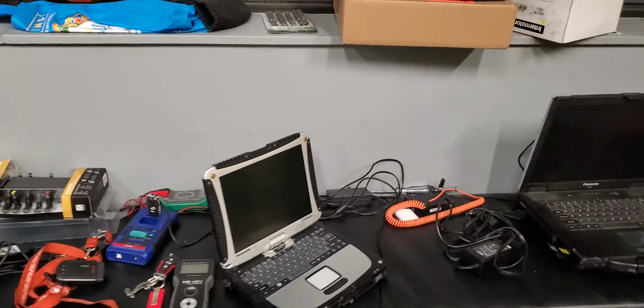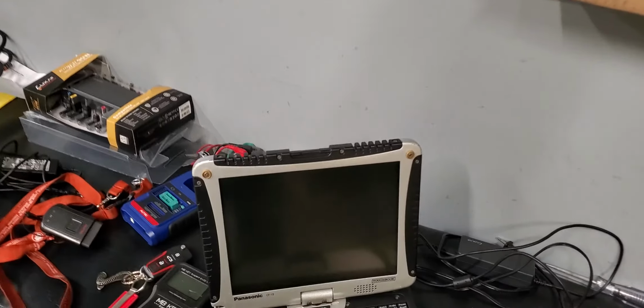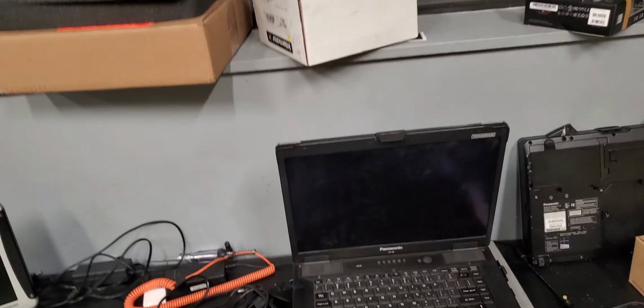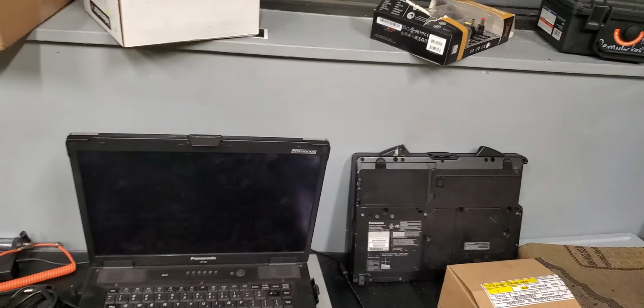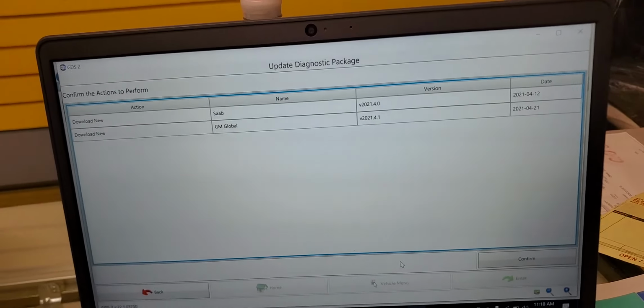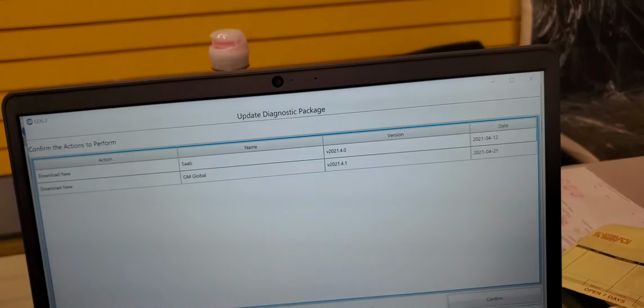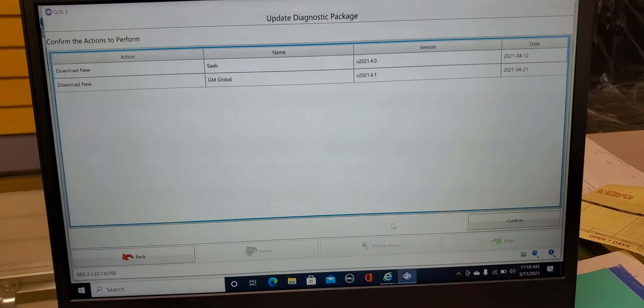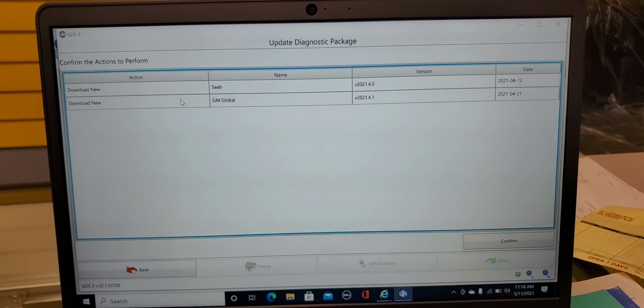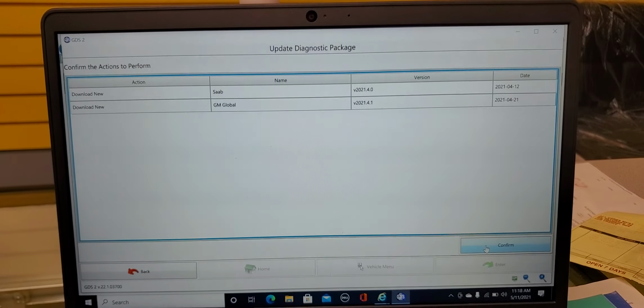But if you need to work on original OEM, for example, this is a Nissan original Consult 3 Plus. We're going to talk about it later on. You must have original tools to approach and do the right work. As you see here, everything is now downloaded. Download new download. So you have SAP. If you want to work on SAP cars, you have to choose SAP. If you want to work on GM, you have to click here. You have to confirm first,